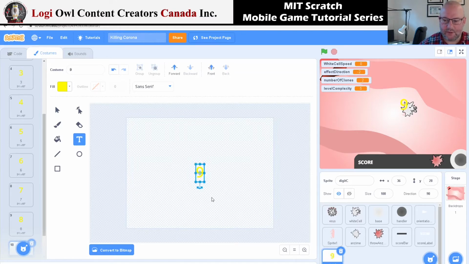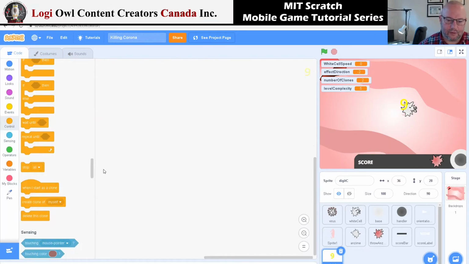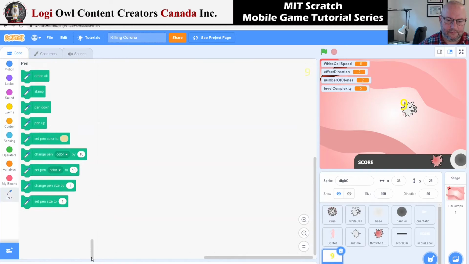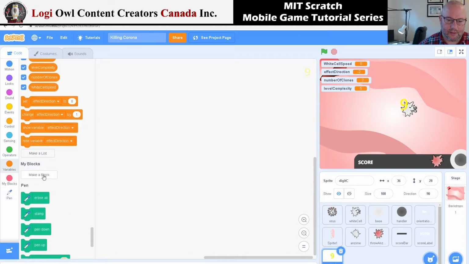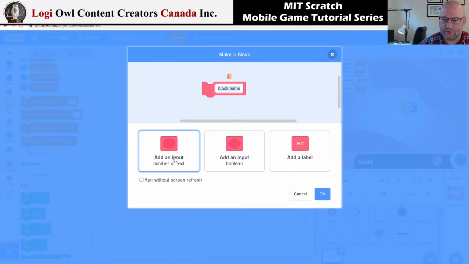The next step is to create the writer, the block that will be writing those numbers, the digits. So I will go to the code itself and go directly to create a block. Make a block, this is easier. And just to use it any time we want to stamp or write a digit, I will name it digit writer,